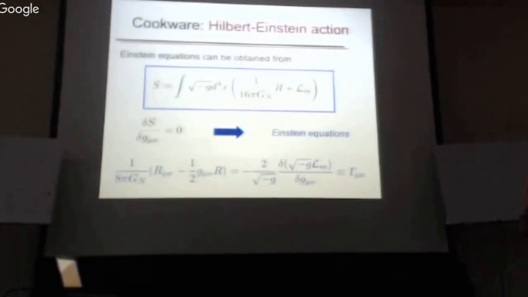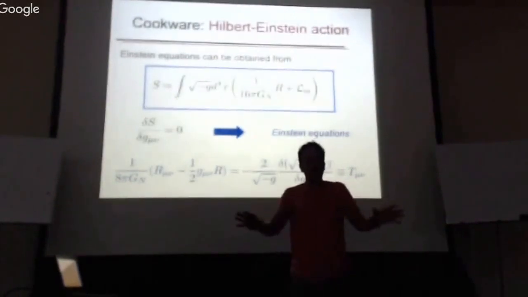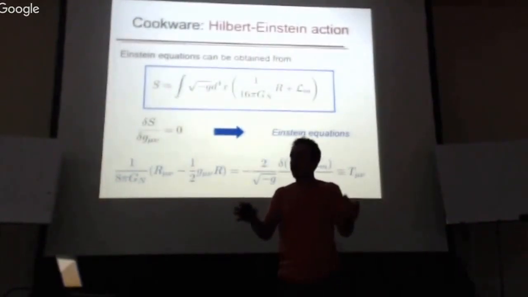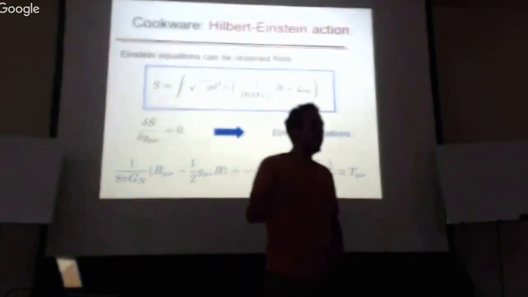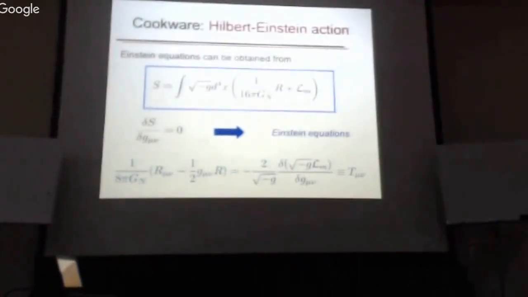So Newton's equations give you the Poisson equation. Sorry, Einstein equations give you the Poisson equation. It's one of the components. And then the geodesic equation gives you the second law. So we have recovered Newton from GR, but now is there a principle that is actually more general,